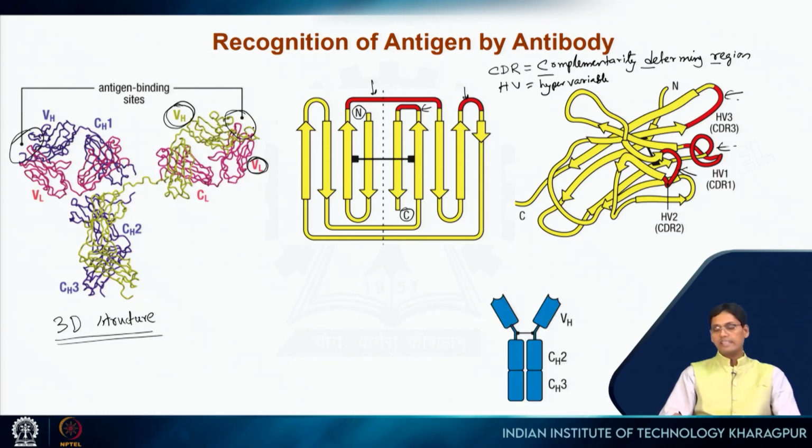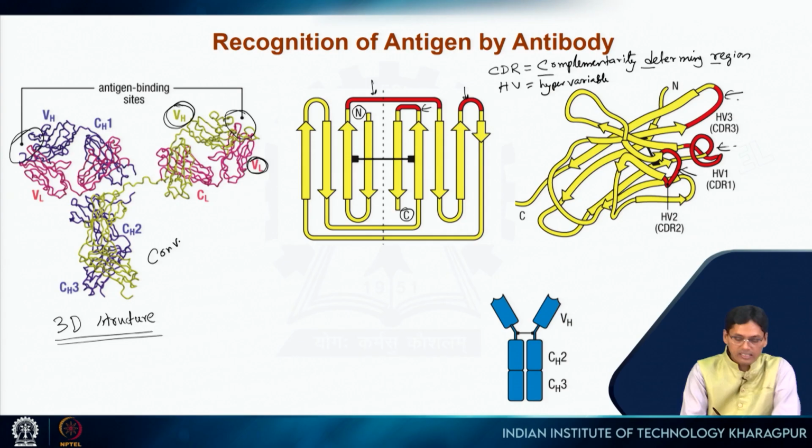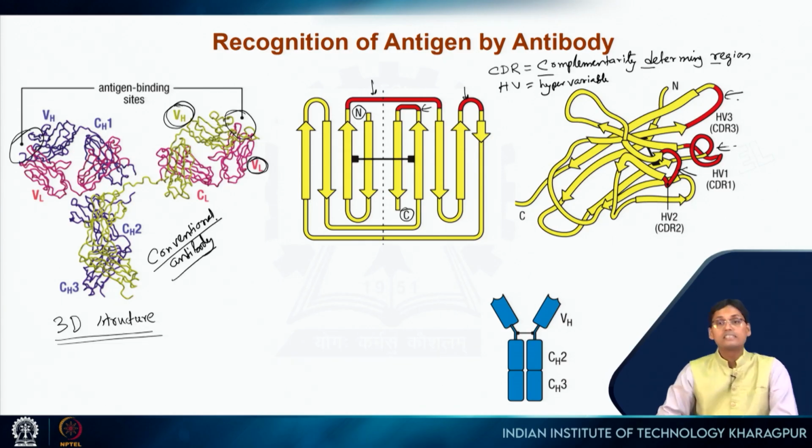Now here is one interesting thing. What I mentioned here is a conventional antibody, where you have both light chain and heavy chain. But this is an unconventional antibody. This is found in the camelid group of animals. Camelid means, for example, camel,